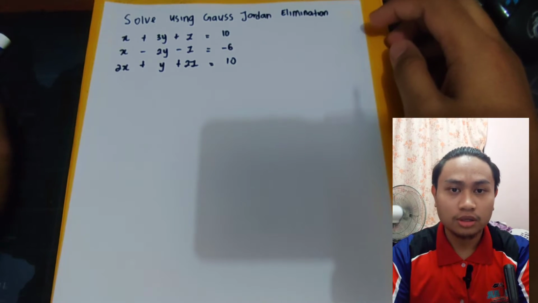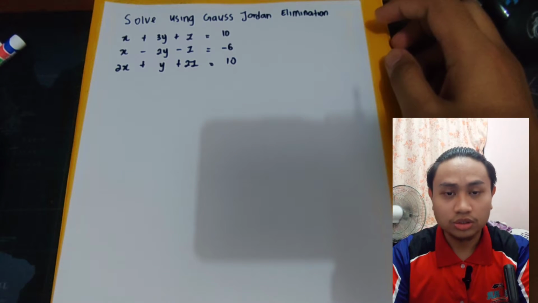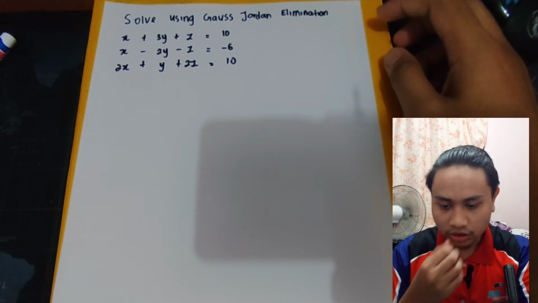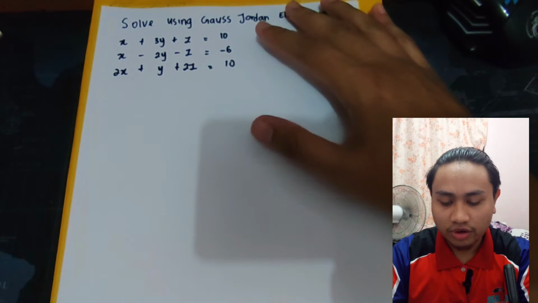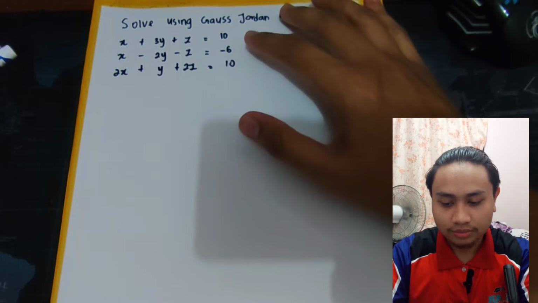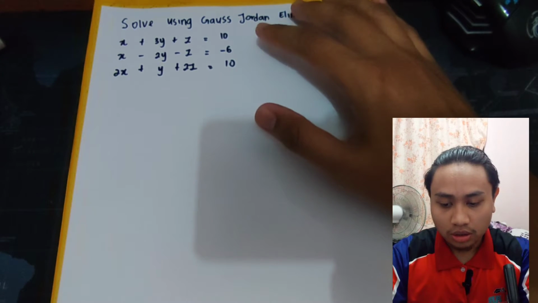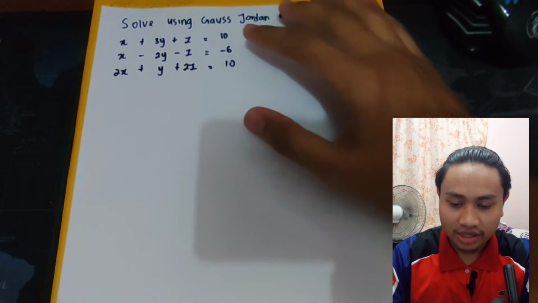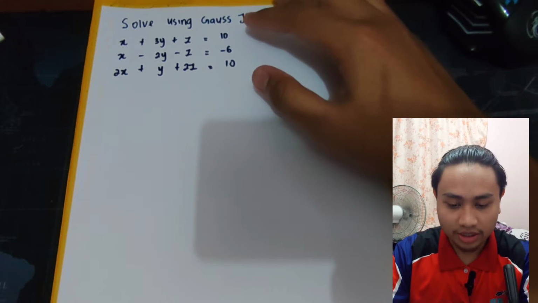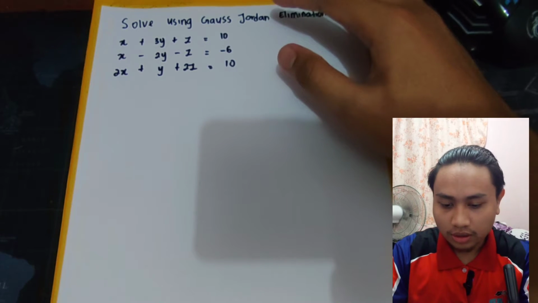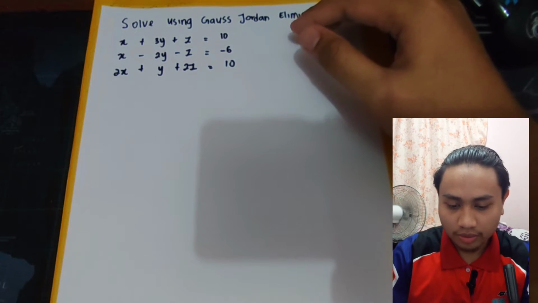Today I'm gonna solve a question about Gauss-Jordan elimination. First of all, when we have a question like this, we have three variables inside the equations. For each equation, they have three variables that we want to find. So how we want to do it, we need to do